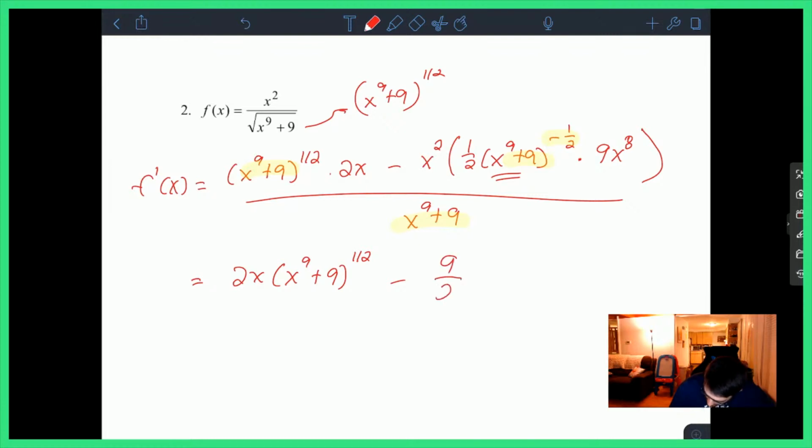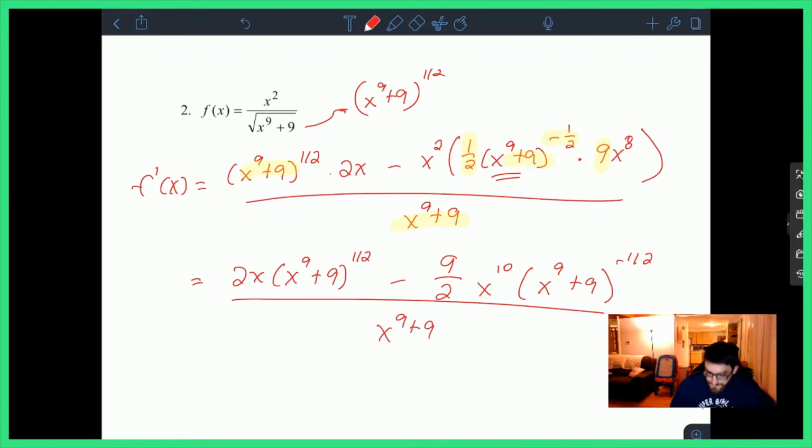And I'll also multiply the 1/2 actually. So 9 times 1/2 is 9/2. And then it's x to the 10th times x to the 9th plus 9 to the -1/2 power, all divided by x to the 9th plus 9. And this is my derivative. I just need to make sure